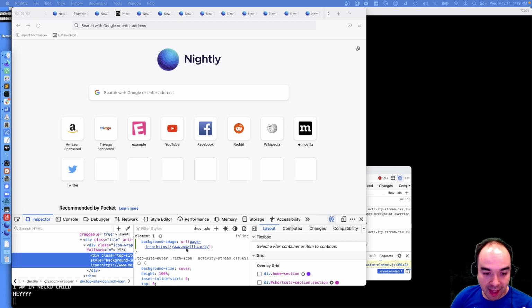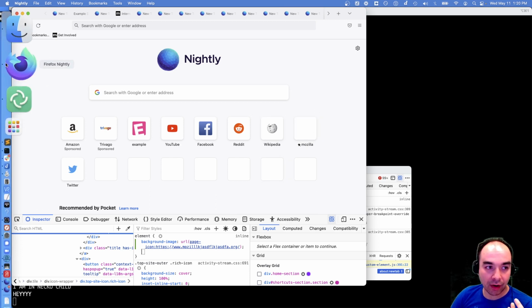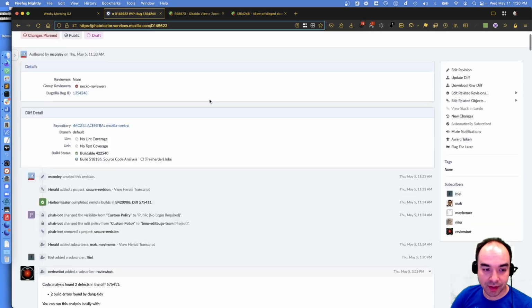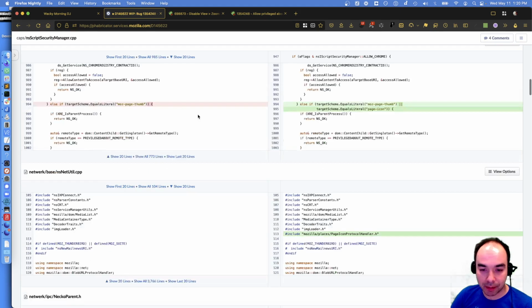Now, the problem is that we need to have that behavior if we don't recognize the site. We're supposed to show the globe icon. We're supposed to say, oh, I've never heard of this thing, so show the globe. And that doesn't work. I was asking around, I asked one of our DOM specialists about this. And Nika was talking about how the way I'm currently doing this, I'm taking advantage of some nice pipe stuff that recently got added by the DOM team. But I'm missing some information. Particularly, I'm failing to send the MIME type.